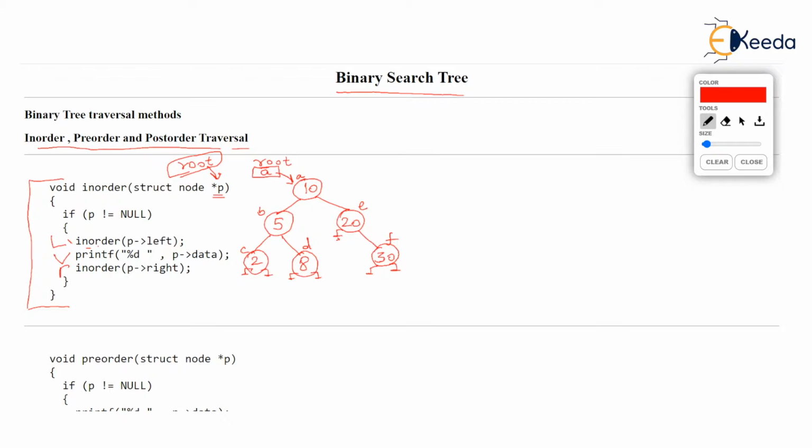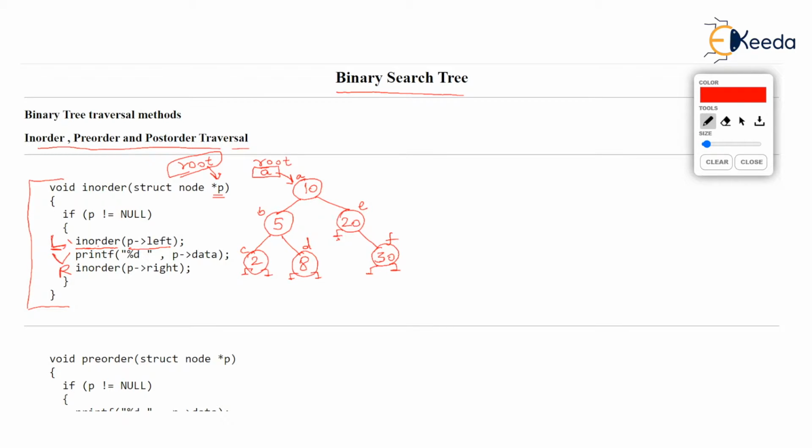Now what we have done for left over here is we have called in order recursively. In order is called recursively with left branch, and left branch can be gathered by using left pointer on the pointer p. So p arrow left will take us to the left child. After L, the procedure said that you can print the vertex.